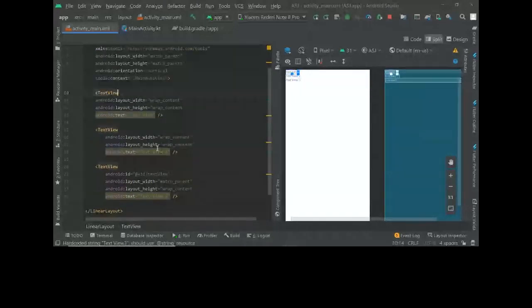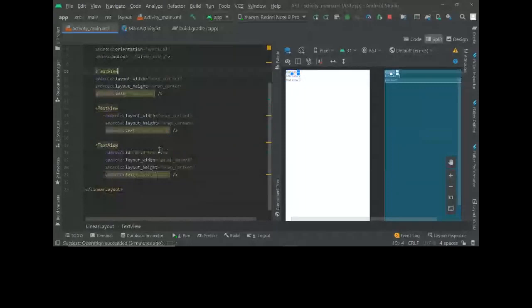Now another thing, you can see this, right? There's a specific attribute called ID added here. ID means this text view now has an ID such that you can identify it somewhere else. I'll show you why you need ID later, but let's just add IDs for all of them.